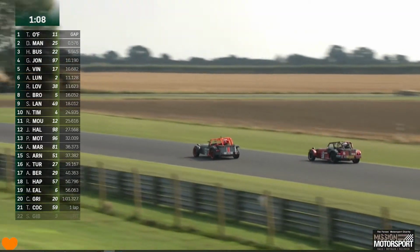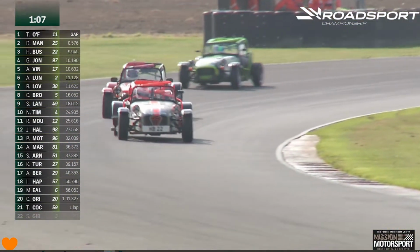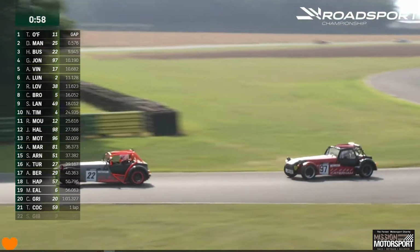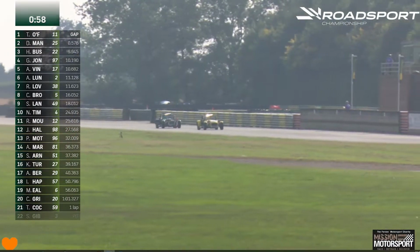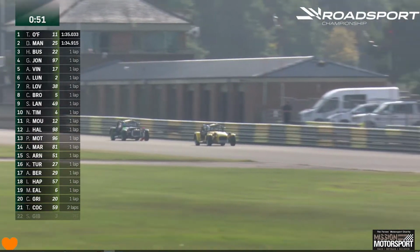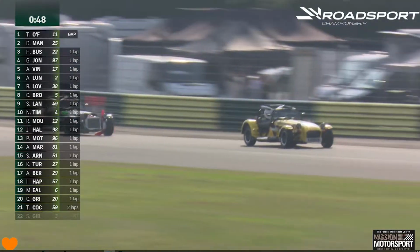We're still watching on stream the battle for third place between Hugo Bush and Gwyn Jones, with Alex Vincent watching on there in P5. A little wayward off the apex there was Alex. He lost a bit of time, bringing Andy Lund and Ryan Lovett back into play, but here's our top 2 with O'Flanagan back in the lead. They're going to start the last lap of the race now, 58 seconds on the clock, and now it's a chance for O'Flanagan to see if